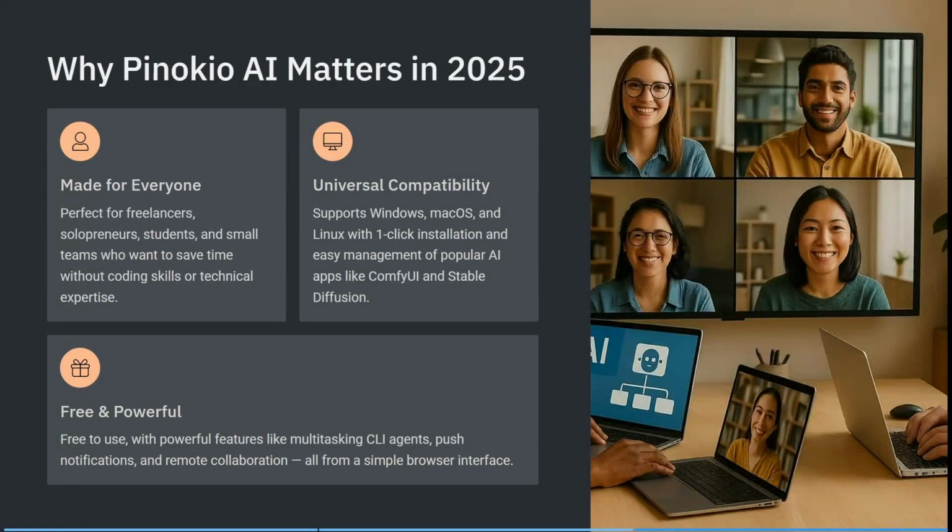Well, why does Pinocchio AI actually matter, and why should you be using it? Well, first of all, it's made for every different type of purpose. It's great for freelancers, solopreneurs, students, small teams, anybody who wants to save time without coding skills or technical expertise. It also supports Windows, Mac OS, Linux, with one-click installation and easy management for popular AI apps like Comfy UI